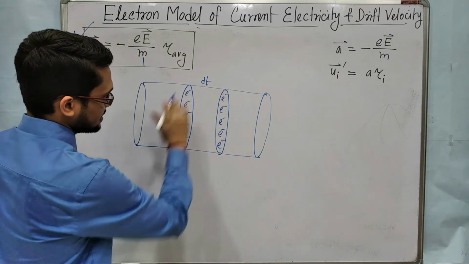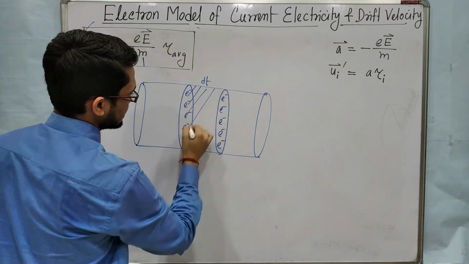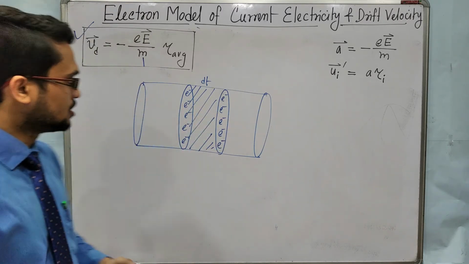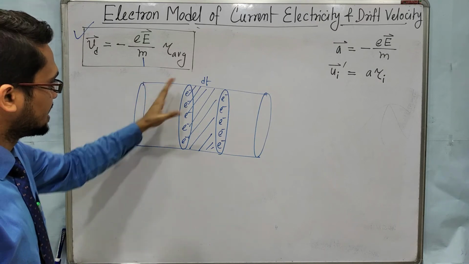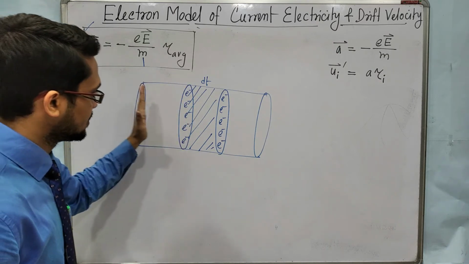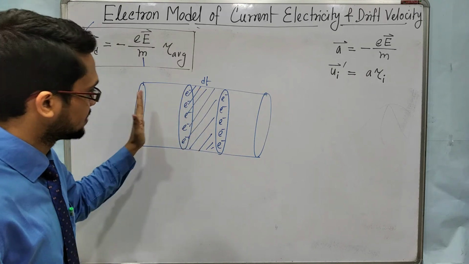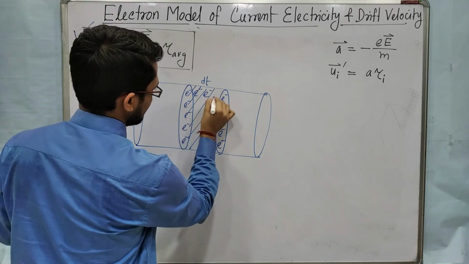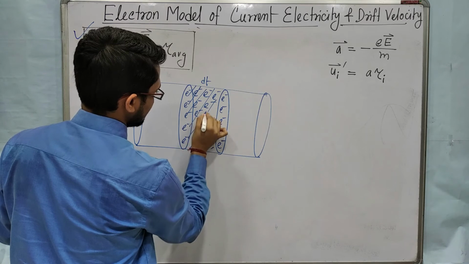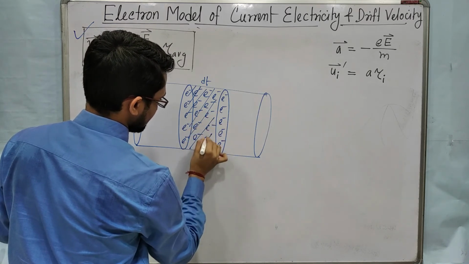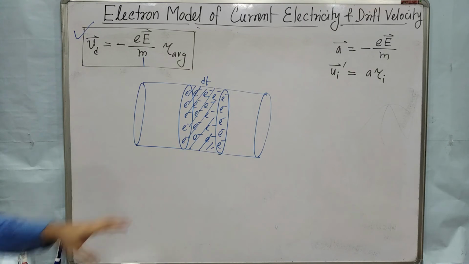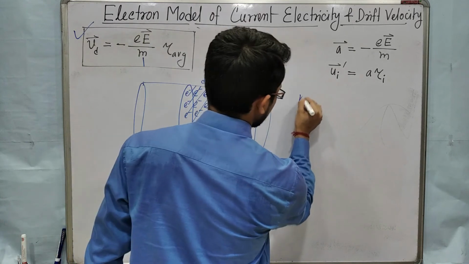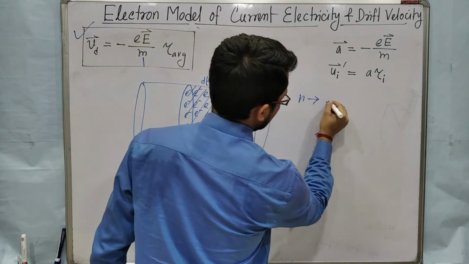And what will happen in this region? This region will not be empty because there are many free electrons in the conductor. All the electrons just behind the first cross sectional area will enter into this region, so this region will be full of electrons. Now how will you calculate how many electrons are there? For that reason we are taking a new quantity, that is electron density.